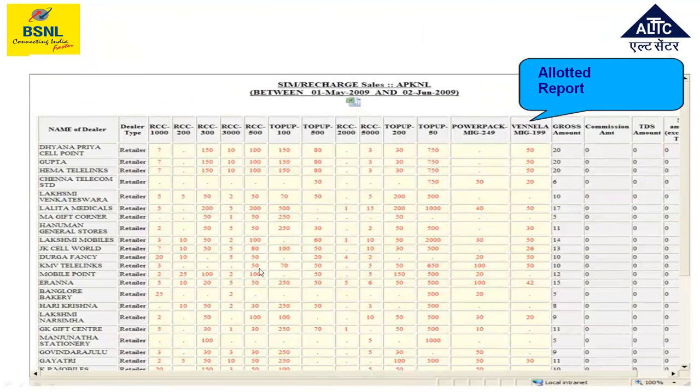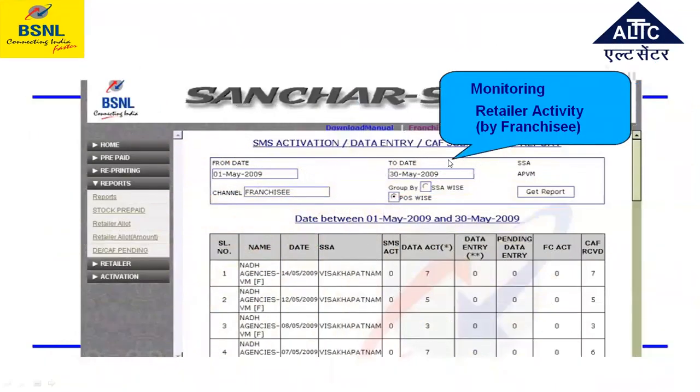You can monitor here. This is just a screenshot for considering data entry, showing how we can see home prepaid in a screen. The retailer and franchise are directly monitored by the management module.